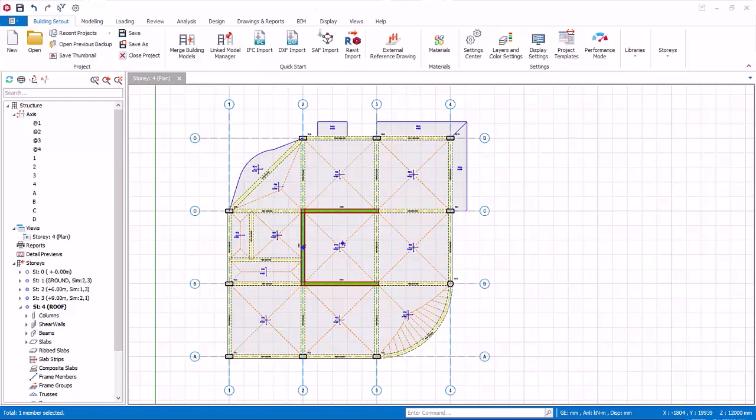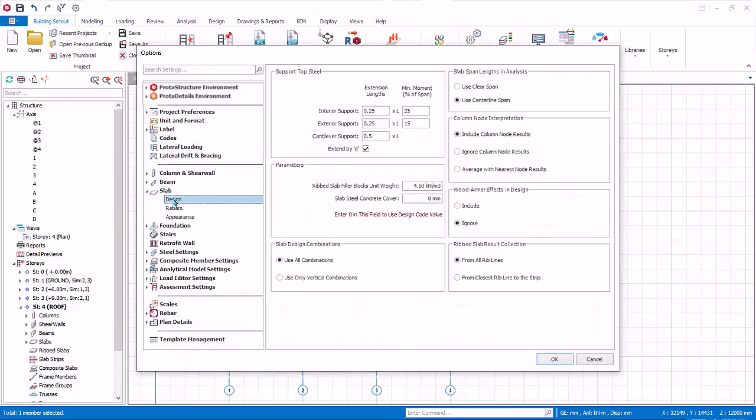Before designing any slabs, it is important to review the settings. Go to Building Setout, Settings Center, Slab. We will go through the important settings. You can refer to the Prota Help Center for more detail. Design. Support top bar. The support top bar's extension lengths are determined using the factors specified in the top steel extension lengths fields. Parameter. Concrete cover. If you leave this field as 0, then the concrete cover will be determined based on